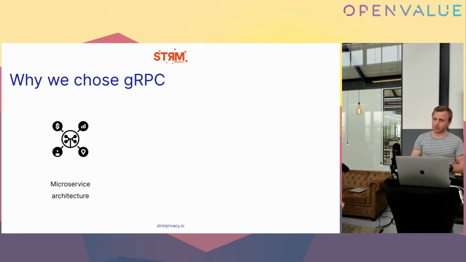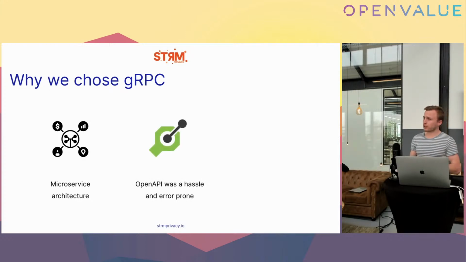Why did we choose gRPC? Well, first of all, we have a microservices architecture, and we have a lot of applications that communicate with each other, and a shared API definition that all the applications use was very convenient for us. Next to that, OpenAPI was also a hassle for us, because the OpenAPI specification was included in every